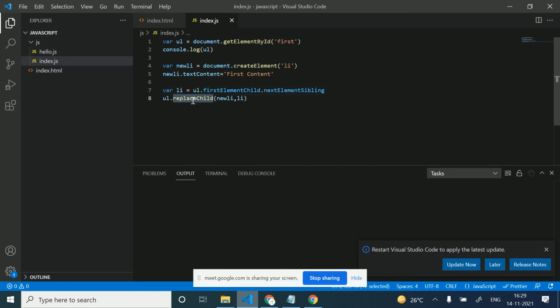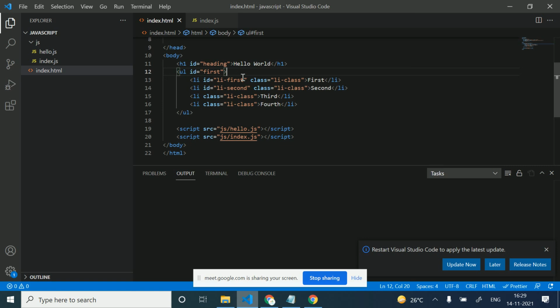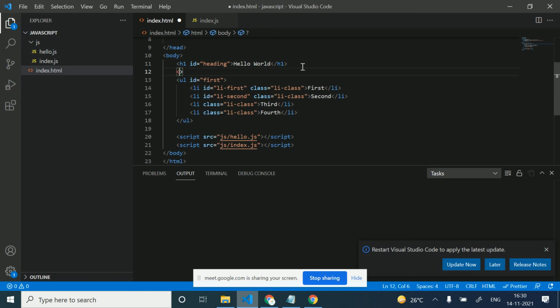You are seeing that there are a lot of functions you need to remember, but there is another very simple way to insert before and after. We have a ul here, and there are cases where we want to insert something before this ul.